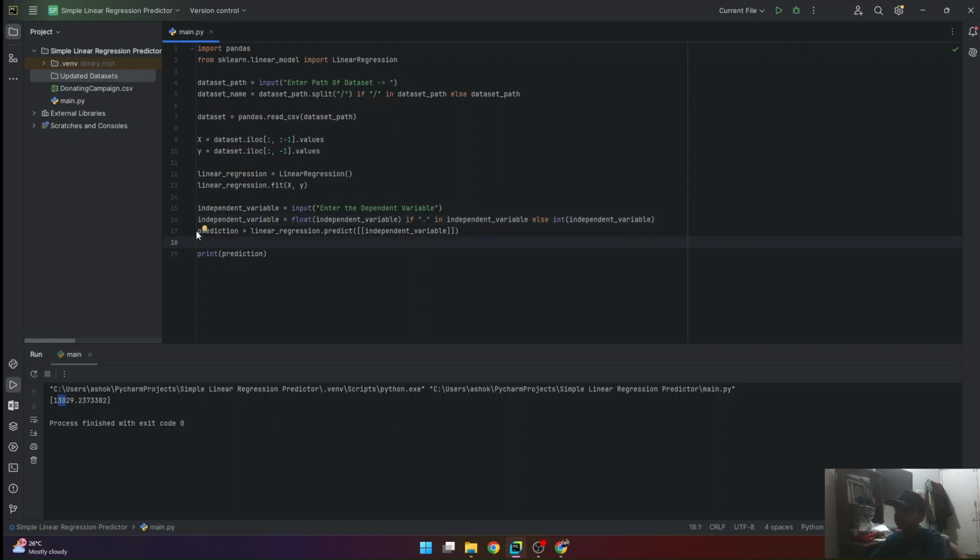Then we can predict this, but as you can see, there are brackets here which we can remove because this is the only item in the array. We can make it as 0, so the brackets will be removed. So we can print, we'll make it a string in which we can add variables. The predicted value is